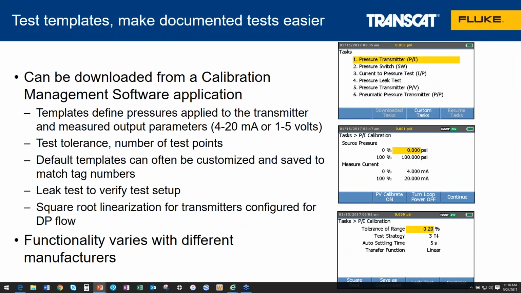So most modern documenting calibrators have built-in templates and have the ability to receive a calibration routine, or if you will, maybe you might even just think of it as the method sheet for the tag being sent down electronically to the calibrator. The templates define the pressures to apply to a device and its measured output parameters, typically 4 to 20 milliamps, or in some cases the output of the transmitter could be 1 to 5 volts. They define the test tolerance, the number of points,